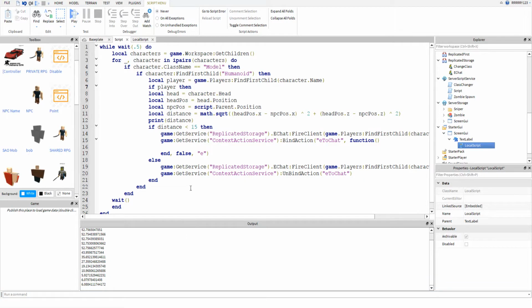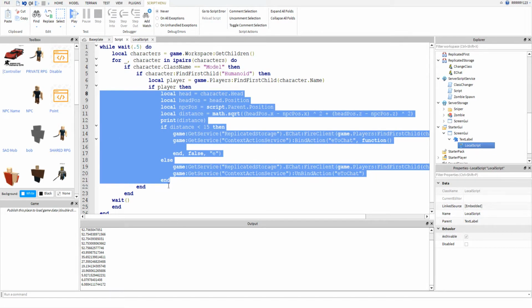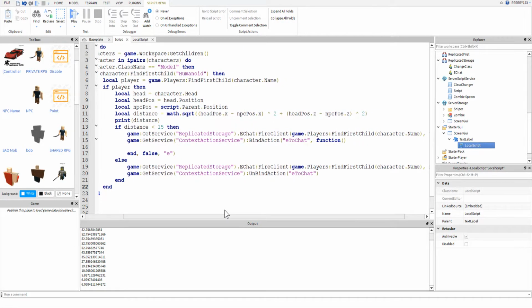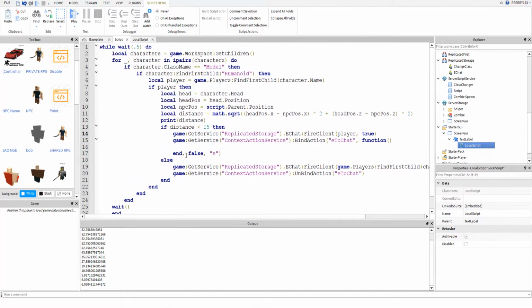Then I need to tab in all this, so from here to here. Then I need an extra end. There we go. That should fix some stuff. And now I will say player, and now this should just be